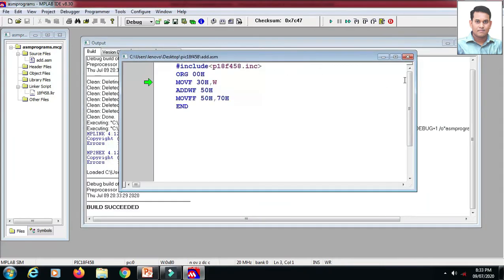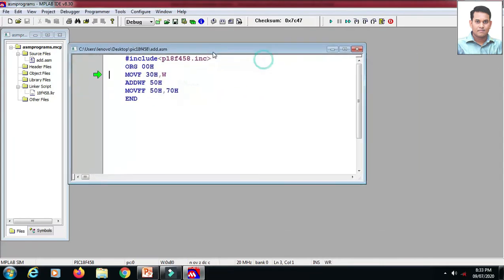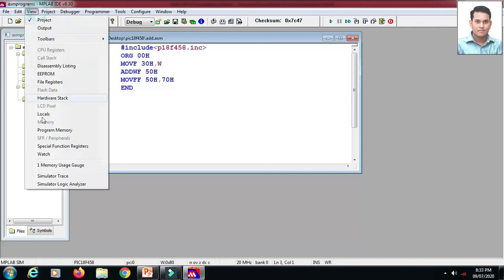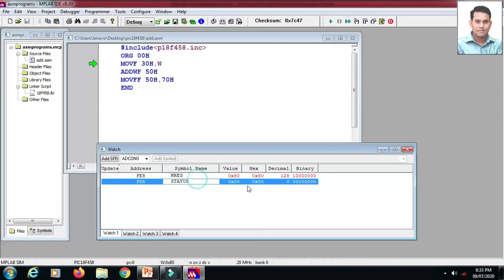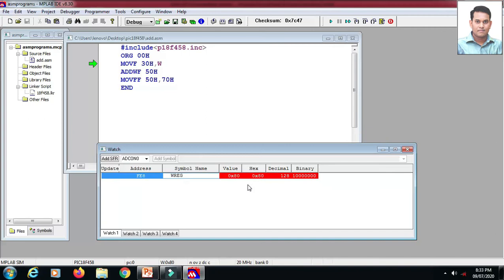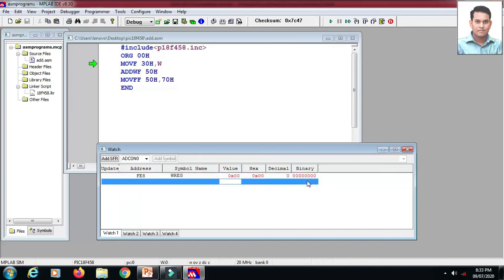So click on the build option, zero error zero warning, then go into the View menu, click on Watch. So here bring the necessary registers to check the output. We will require the W register. If you want to clear the value of W, just select it and press 0, press enter. Then next I will require RAM location 30h.